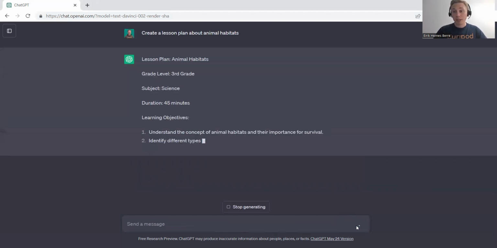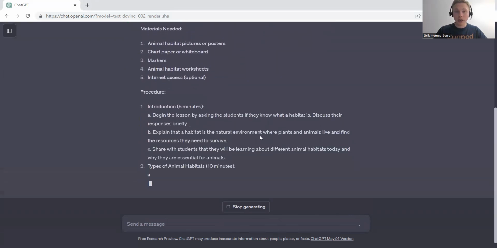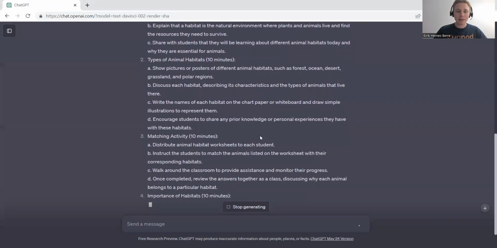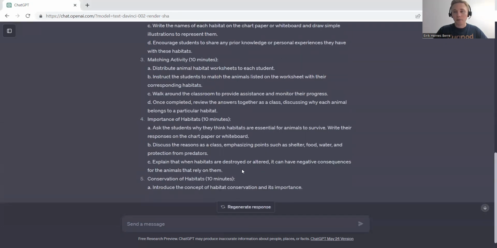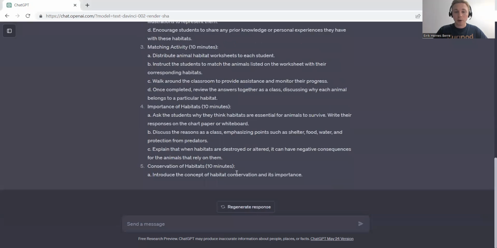And this has read a lot of lesson plans, right? So what it does now is that, based on all its knowledge and previous experience, it creates a lesson plan about animal habitats. But again, I specified my outcome, but maybe I was a bit too vague on my outcome. So I just stop the generation and I say, make sure, maybe audience,